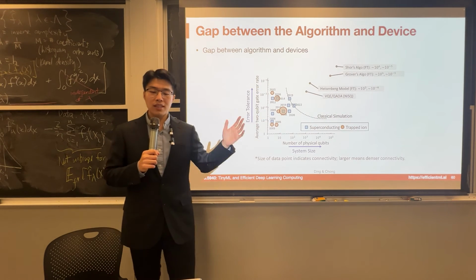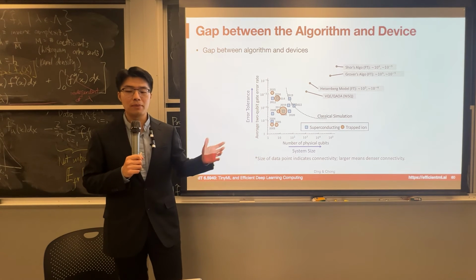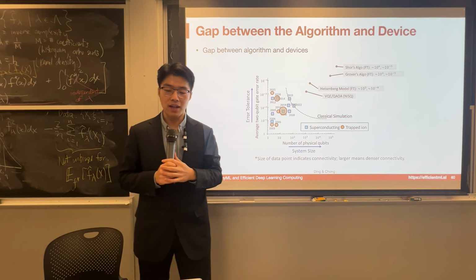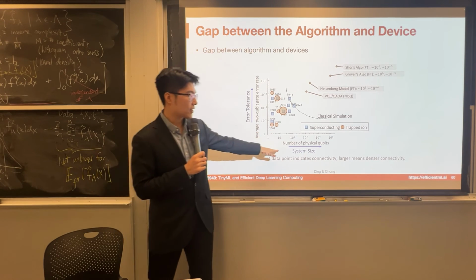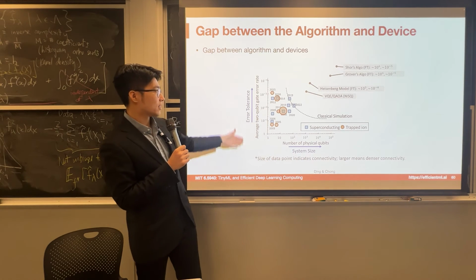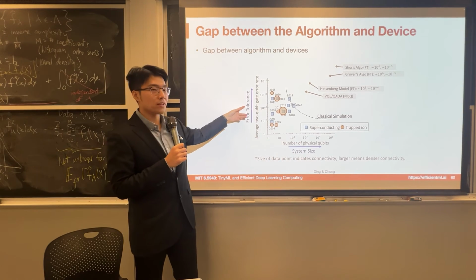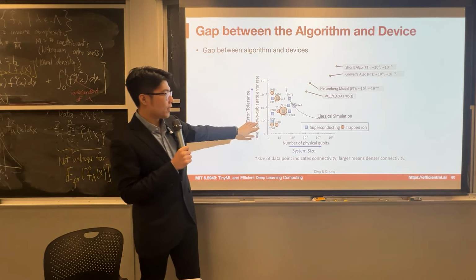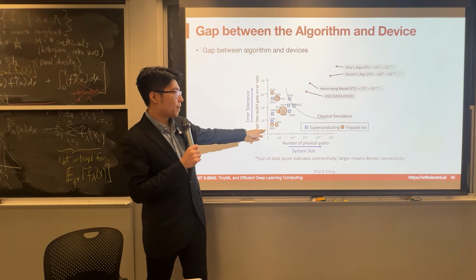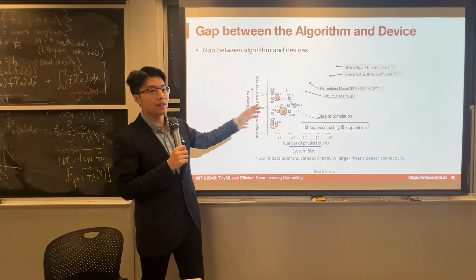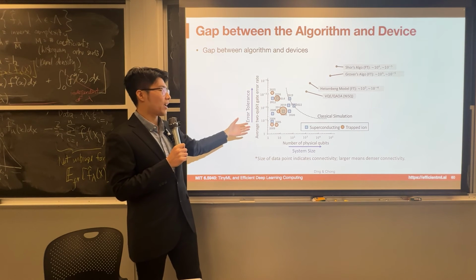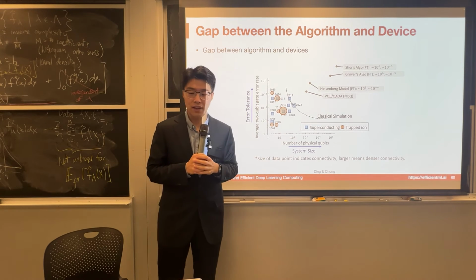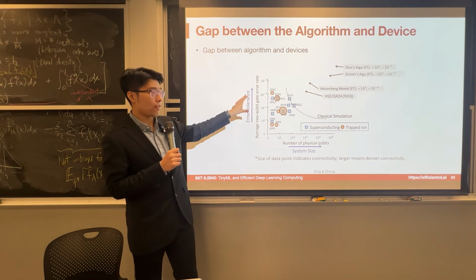So as we said, there is a large gap between the algorithm requirements and the capacity the device provides. For example, here the x-axis is the system size, and the y-axis is the error tolerance. The error tolerance means how good the operations on a quantum device are. And we can see that over time, we are improving from like 10 to the power of -1, maybe 50% or even higher error, to around 10 to the power of -3, which means 1 over 1,000 error. So we increase by 2 or 3 orders of magnitude.